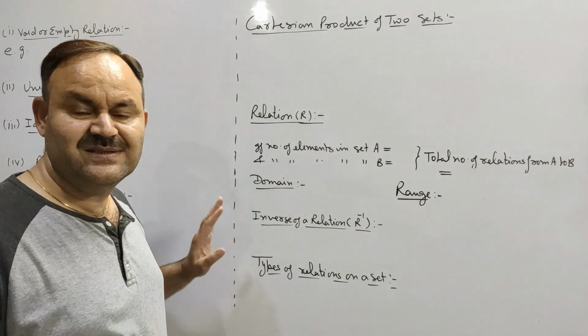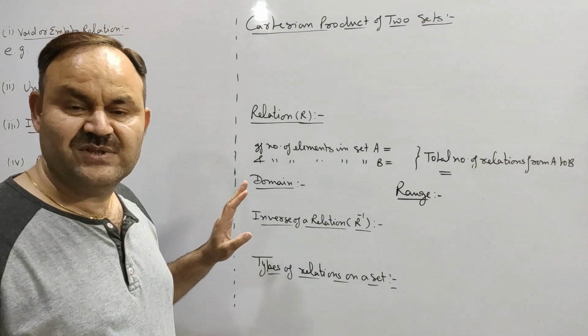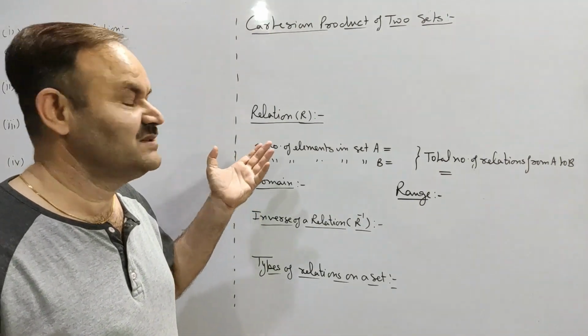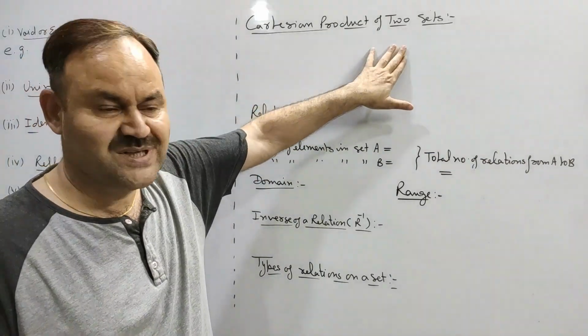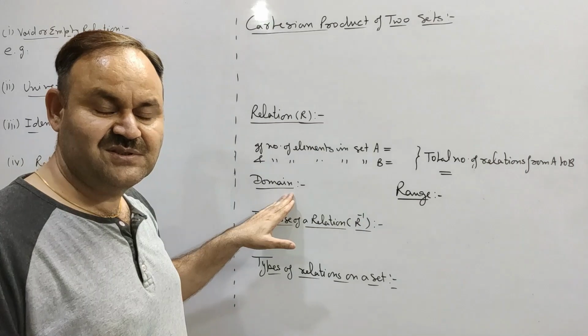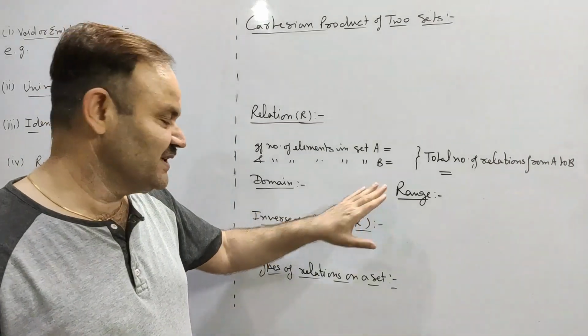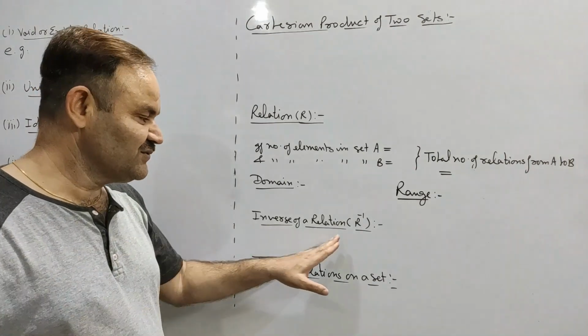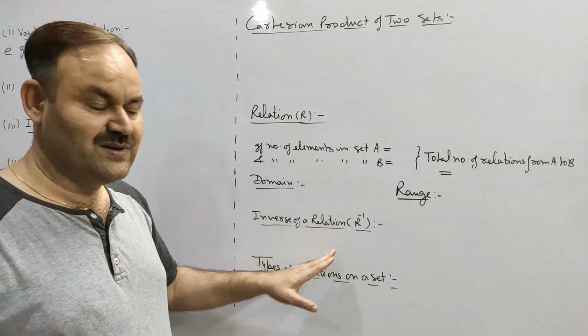Hi friends, in this lecture related to relations, first we will revise the things that we had learned in 11th standard, like Cartesian product of two sets, then relation, then we will come to the definitions of domain and range of the relation, then we will understand what is inverse of a relation, and then we will come to the